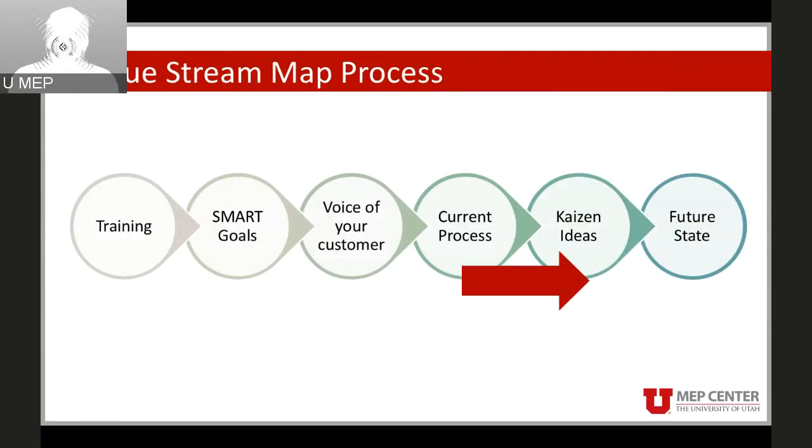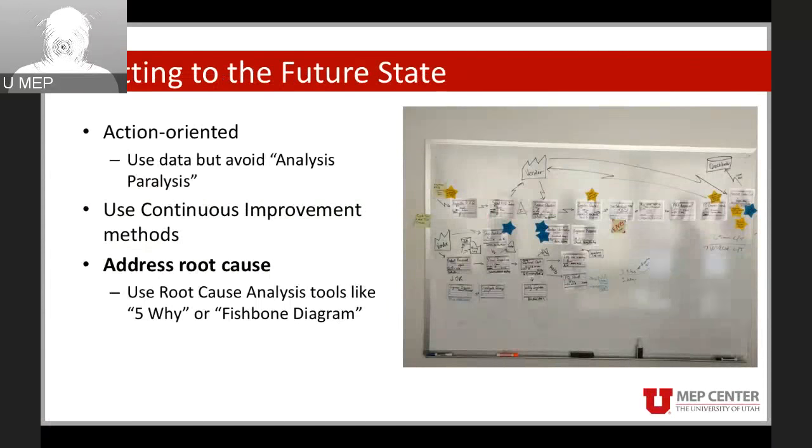Once we've come up with our ideas, we then arrive at the future state. So this is where we take some of those Kaizen ideas and start to either remove steps or change steps, but we're also looking to use other continuous improvement methods to address really what's going on. We want to use the data we have collected on all of these cards and within all of these steps,